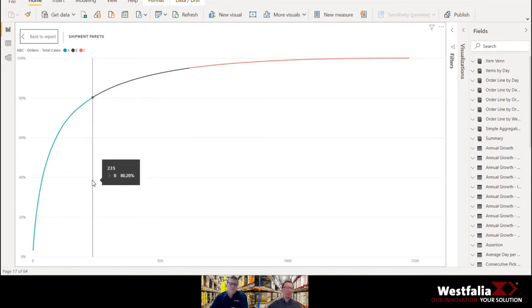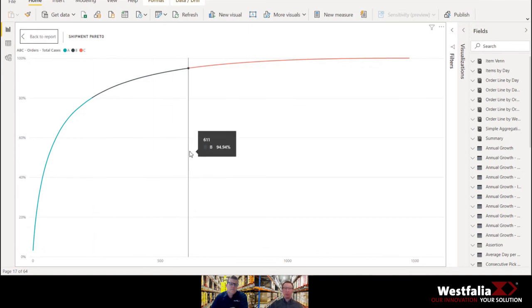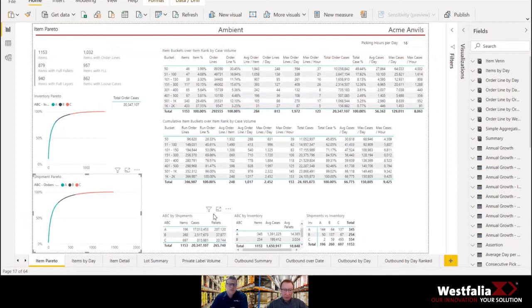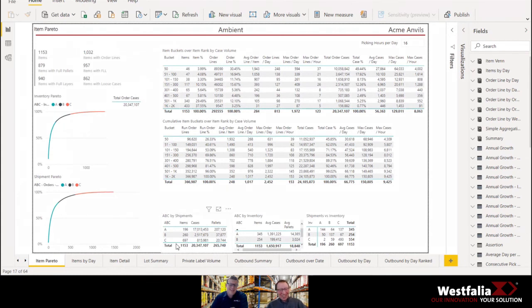If we look at their top 80%, about 235 or so SKUs would represent 80% of their business, the majority of their business. As you said, the cats and the dogs, the top 90% is probably close to around 700 SKUs. I have a little chart back here. 697. You were off by 3. Yeah, look. Oh, man. I used to be better. So we have about 200 A's, about 260 B's, and about 700 C's in terms of total volume out the